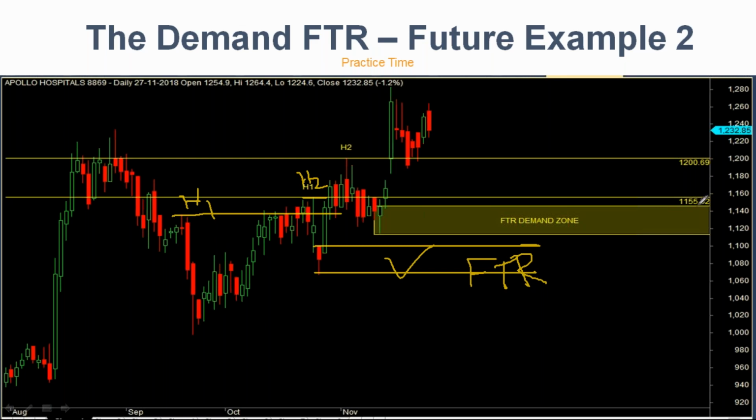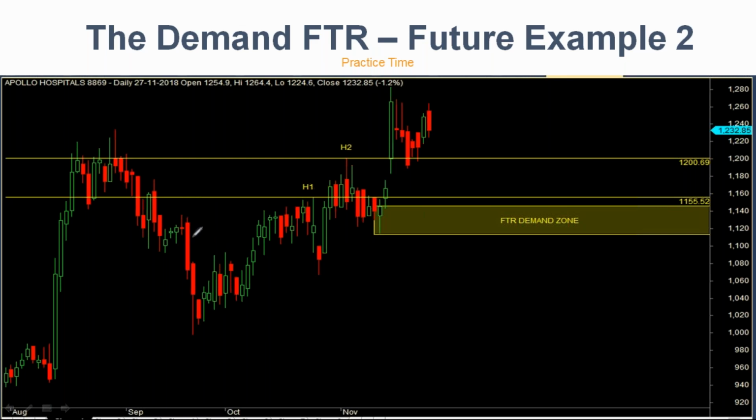Now, raise all drawings. Okay. Then this authentic zone was broken. It should come back. Clear, friends? I loved this zone because of that. There's an FTR in September, October also. Yeah, we formed that FTR. Now I'm looking at reverse FTRs if there are any here. Superb. If you guys are finding more FTRs, our mission is accomplished.